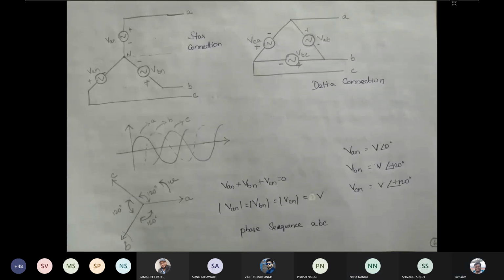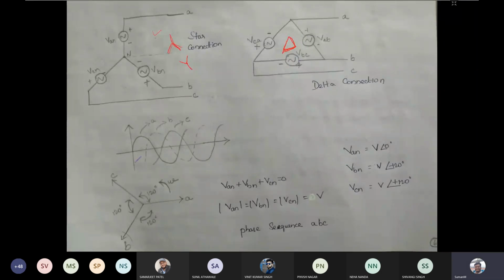Now, three-phase circuits are broadly classified into two types. One is the star connection, looking like a Y, and the other is the delta connection. You might be aware of this because we have already seen star to delta connection in the first unit, where we saw what star and delta are. This is the star or Y connection, looking like an inverted Y. This looks like a delta symbol, so we call it a delta connection.